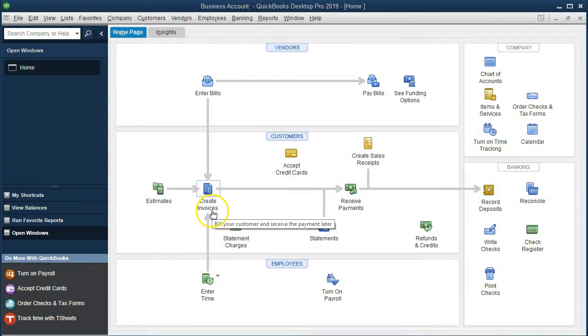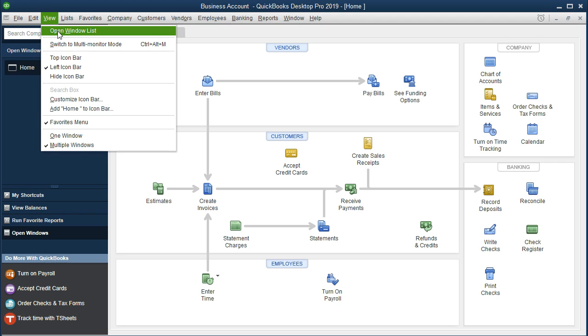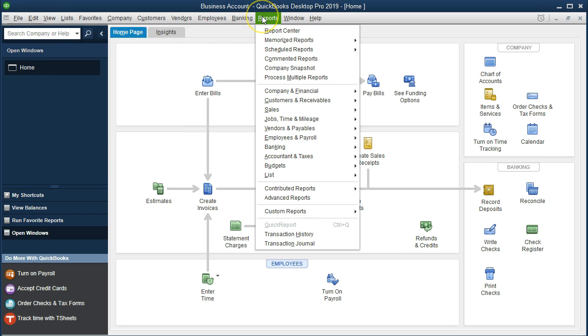Here we are on the home page. We currently have the open windows open. In order to open the open windows, you go to the View drop-down and select the Open Windows list. We're now going to go over to the reports items, and we're going to print some reports for the month